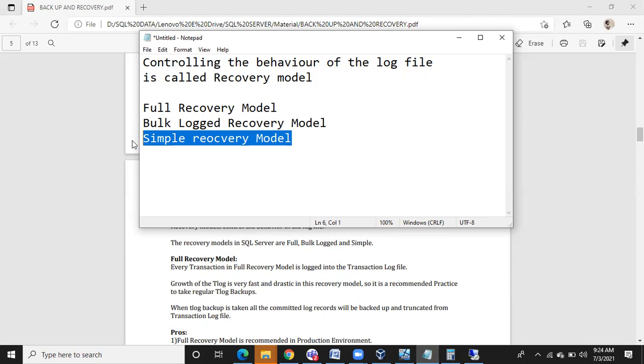If the log file won't be truncated automatically, remember, you can take the log backups. If you can take the log backups, you can achieve point in time recovery. What is meant by point in time recovery? Recovering the database till the point before its corruption, right? So how can we achieve it?